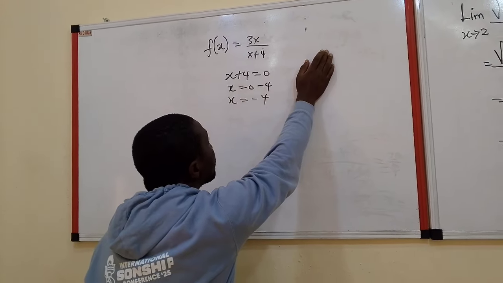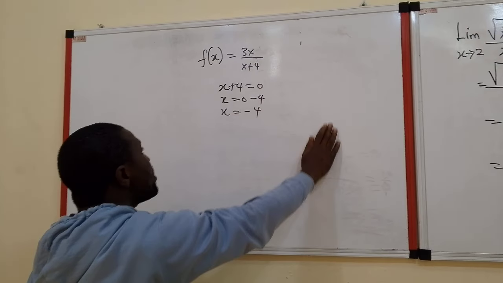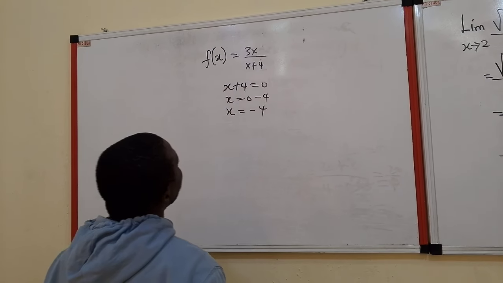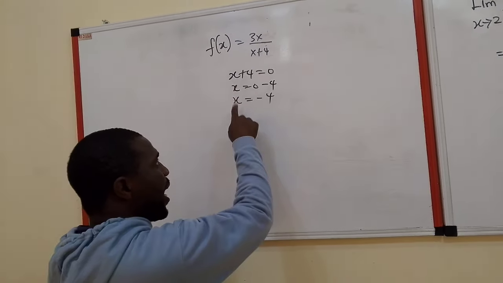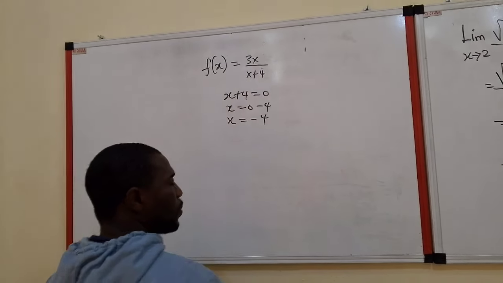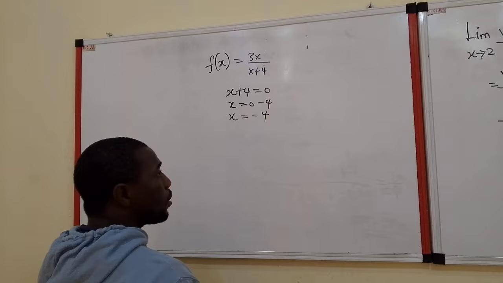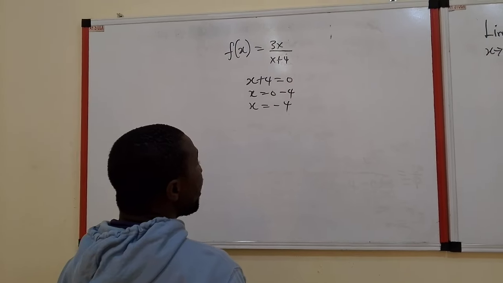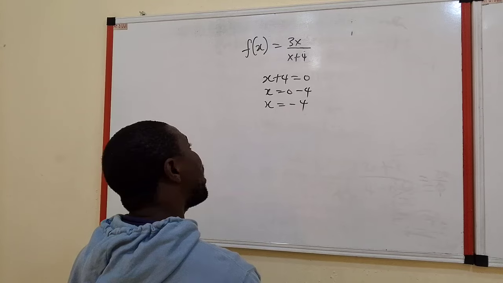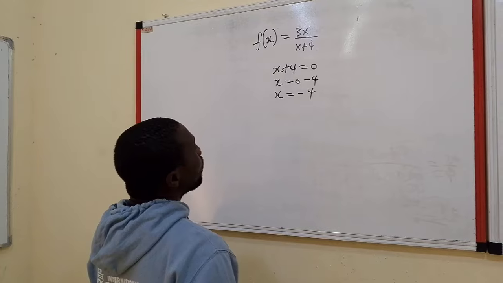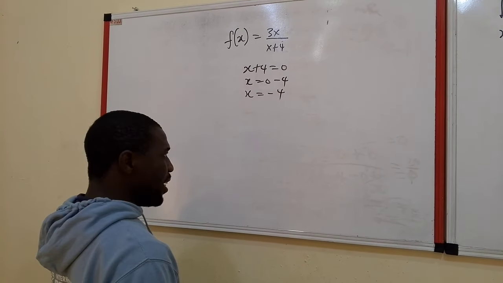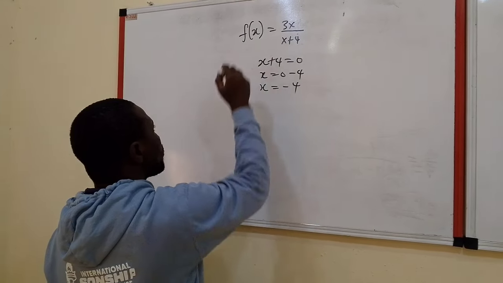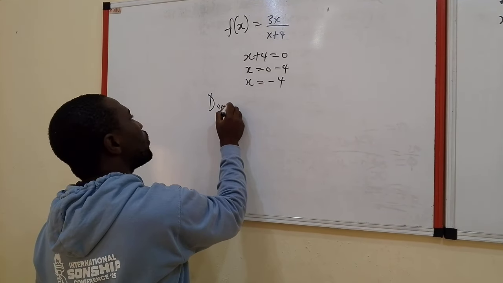The only time we are not going to get a corresponding y value is when we input x as minus 4. So the domain of this function, therefore, domain is